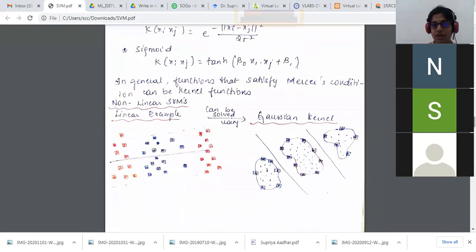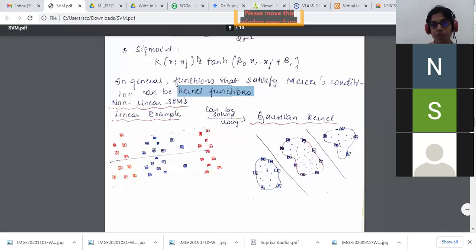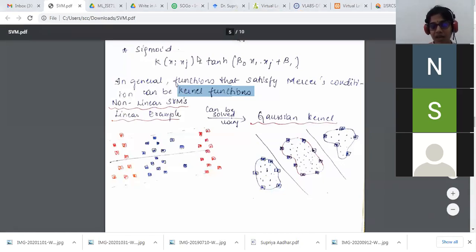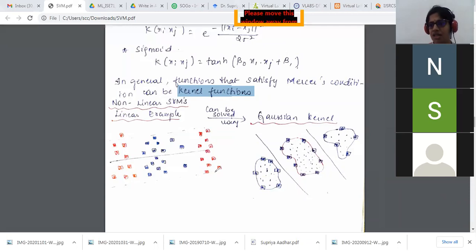So they can be the kernel functions. From Mercer's theorem is what we came up with this kernel function. The example that I've quoted over here is non-linearly separable data. So when I go ahead with this non-linearly separable data, what happens here is,